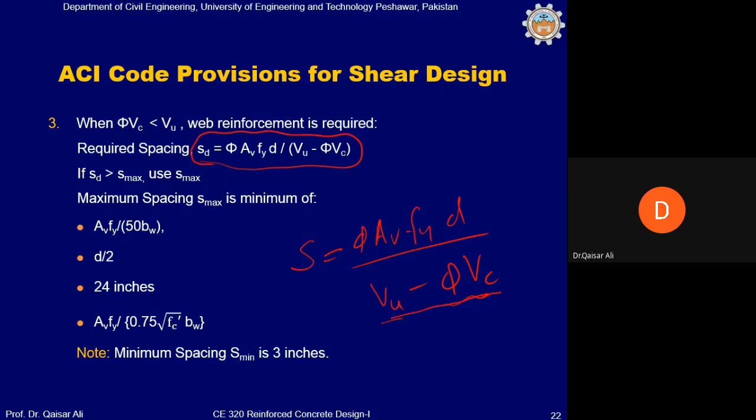इसका मतलब ये है कि जब तक 5EC VU से ज्यादा है या VU के बराबर है, तो इस इक्वेशन से आप S की कोई स्पेसिंग मालूम कर ही नहीं सकते हैं। आप उस वक्त कर सकते हैं जब 5EC VU से कम हो। समझ रहे हैं? Yes, sir. जब 5EC VU से कम है तो आप इससे स्पेसिंग मालूम करेंगे। अगर 5EC VU से ज्यादा है, तो फिर इस इक्वेशन से आप कोई वैल्यू मालूम नहीं कर सकते हैं।